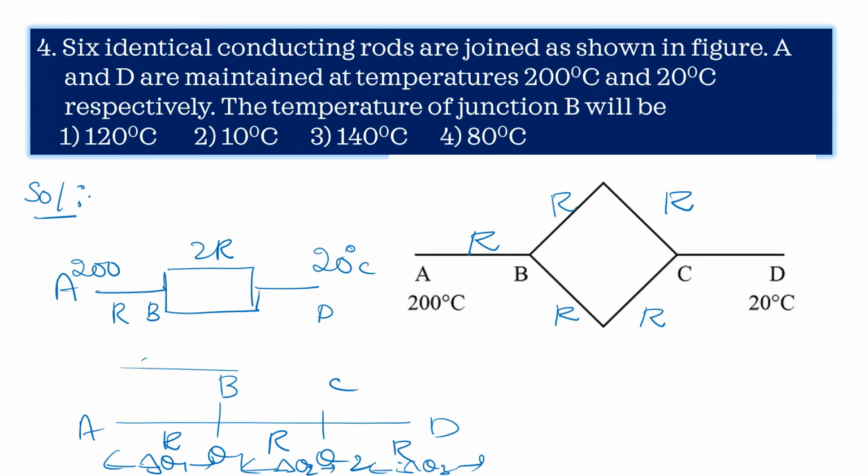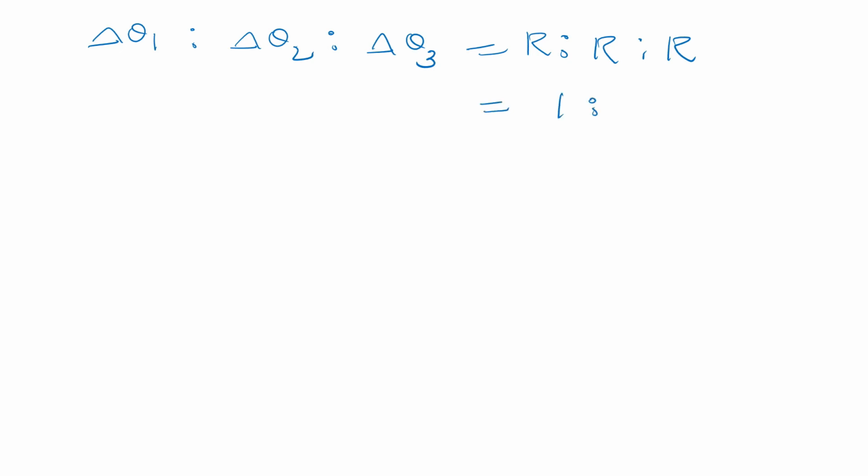Total temperature difference delta theta from A to D. Next, now we are calculating temperature differences. Delta theta 1 is to delta theta 2 is to delta theta 3, that is equals to R is to R is to R, that is equals to 1 is to 1 is to 1. So that is X is to